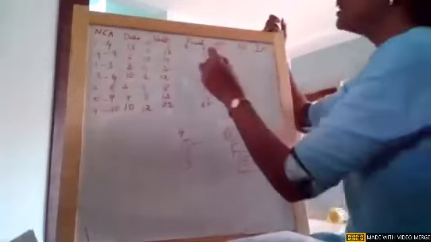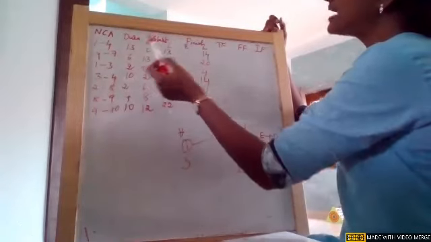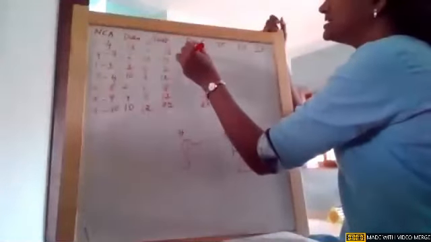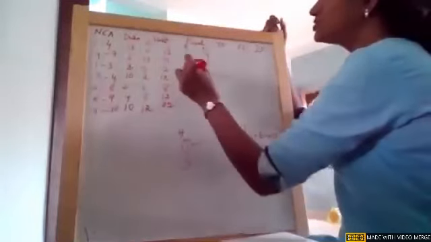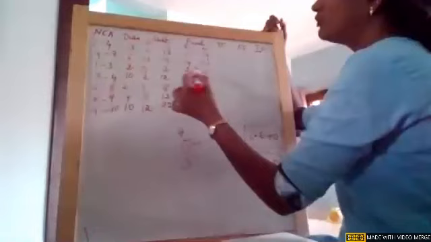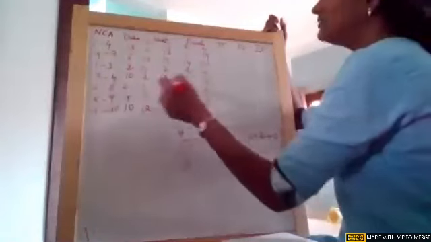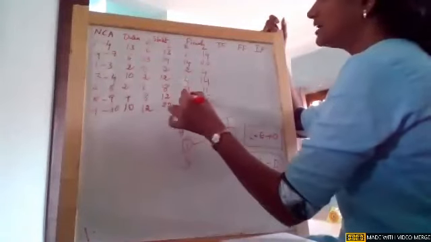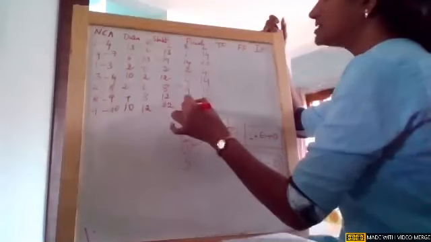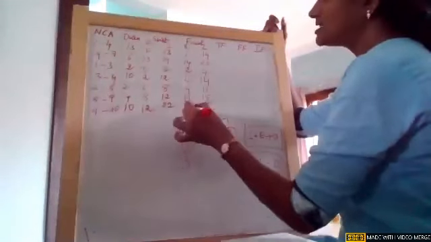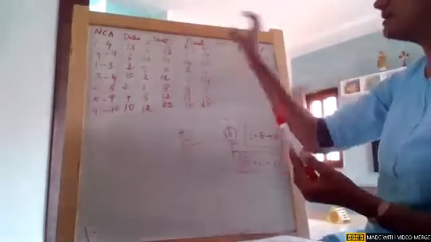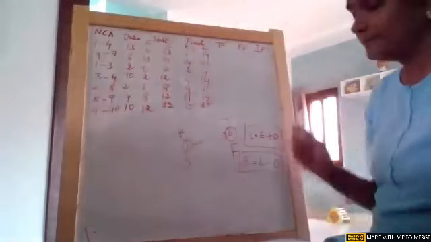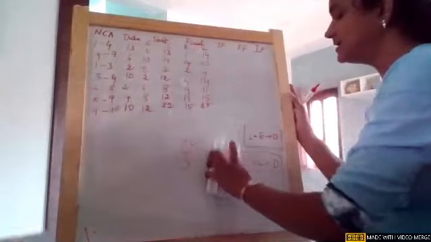Okay, so now if you see the duration, subtract the duration. 14 minus 13, it is 1. 20 minus 6, it is 14. 4 minus 2, it is 2. And 14 minus 10, 4. 11 minus 2, 9. 15 minus 4, 11. 25 minus 10, 15. So this is how you need to find out the starts and finish of the earliest and the latest times.